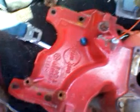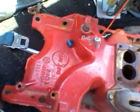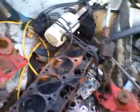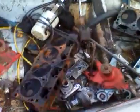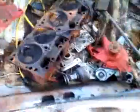And I think that's 67, 1317, I think it says. And underneath that says, this is only a 2-barrel intake. So the engine I just got has a 4-barrel intake already on it, Chrysler 4-barrel. I was trying to get a 318